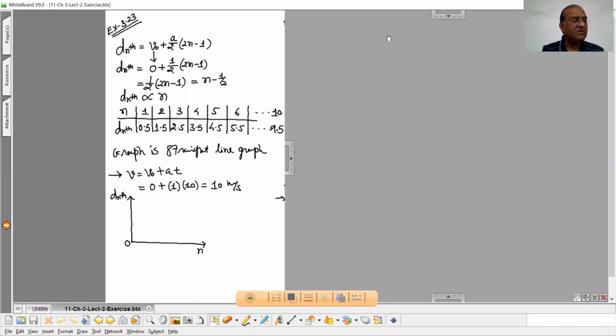Plot the distance covered by the vehicle during the nth second versus n. What do you expect this plot to be during accelerated motion? A straight line or a parabola? Okay. Now see here,